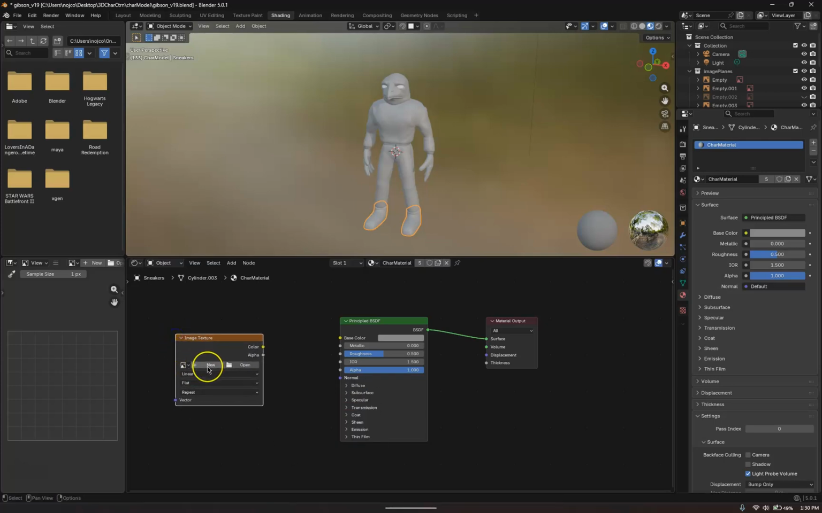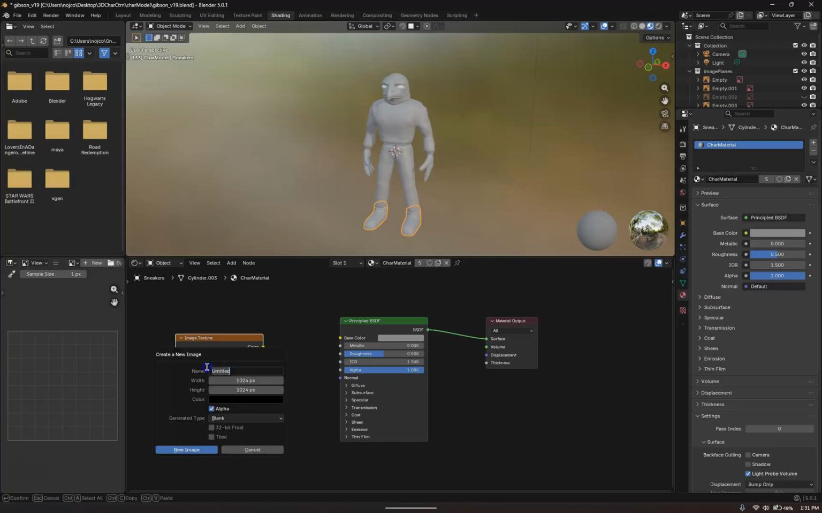And we'll click over here. We're going to make this overly big. So we're going to generate one in here. We're not going to open one because we're going to make one. So you're going to hit New, and we'll just call this normal because it'll be our normal map. And for the size, let's do